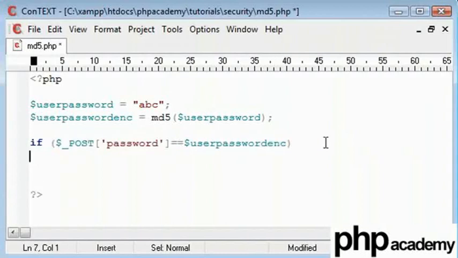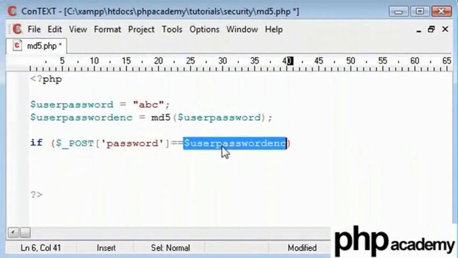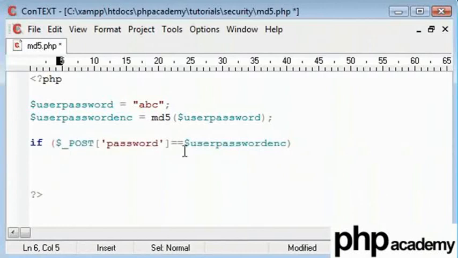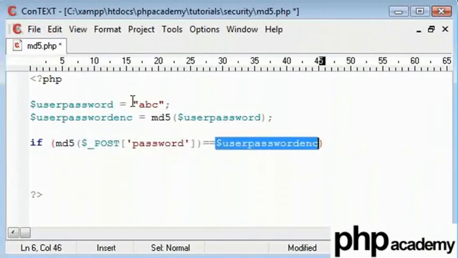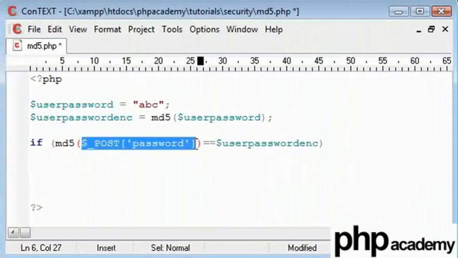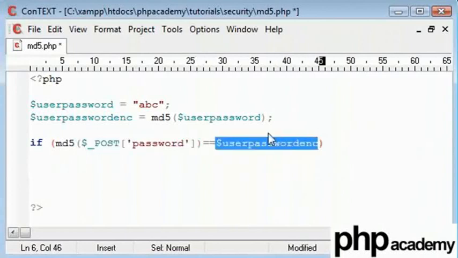Now what we actually need to do is to be able to compare user password enc. This as it stands is encrypted, and this posted password as it stands is not encrypted. So if you take the MD5 hash of the posted password and compare that to the MD5 hash of the stored password, we can let our user know if they've entered the right password. So I'll say if the MD5 hash of a posted password is equal to the MD5 hash of the stored password, which is here,